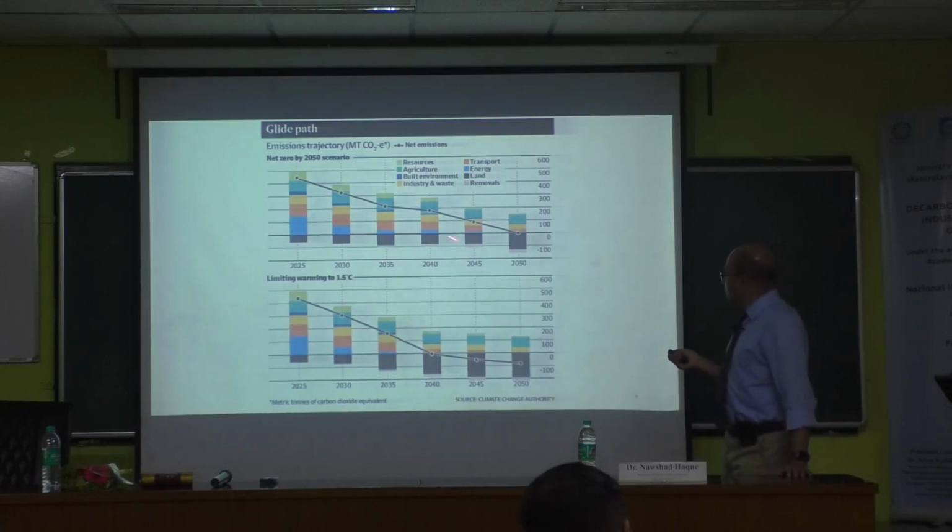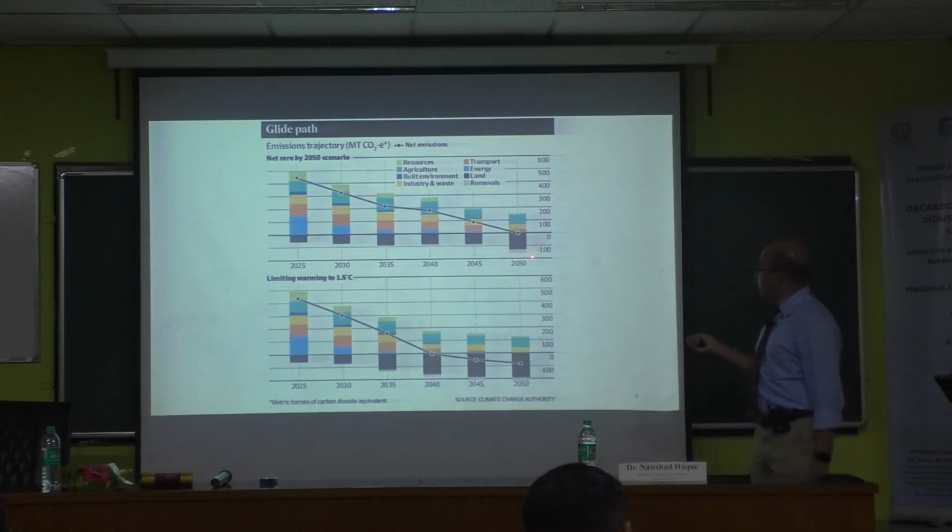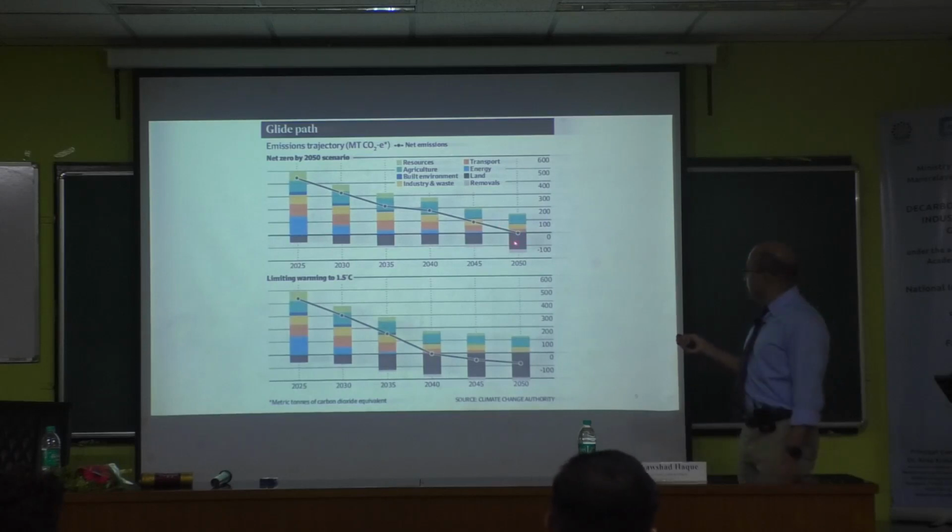But you see in the 2050 scenario, we are saying there is lots of storage, like land or other offsetting reserves. We are taking CO2 from the atmosphere and burying it underground or something. That is one way. And you can see only a bit remaining in transport, industrial waste, and maybe energy.